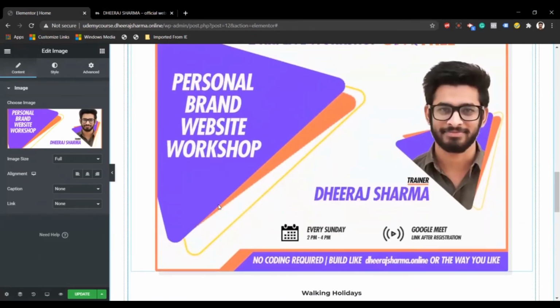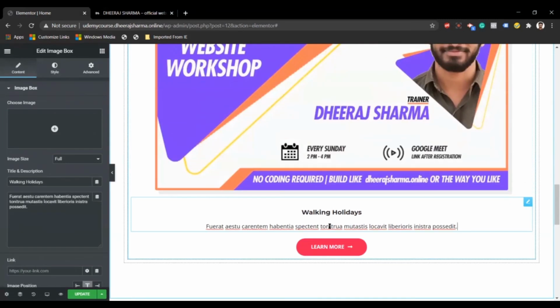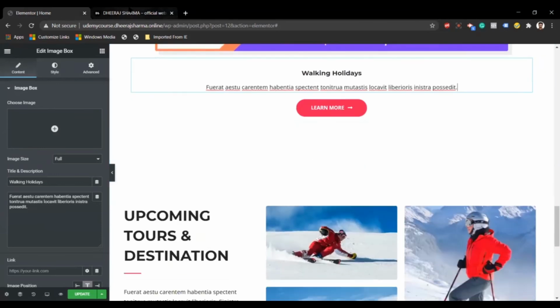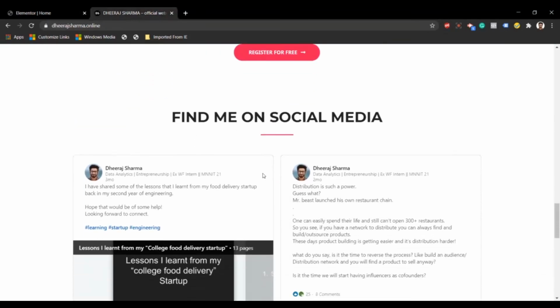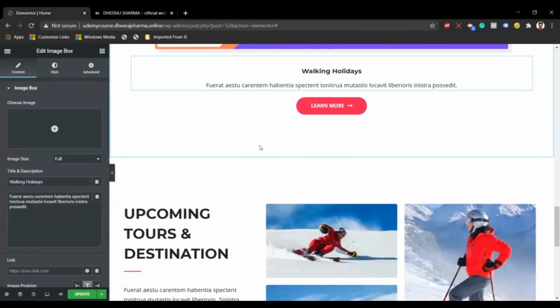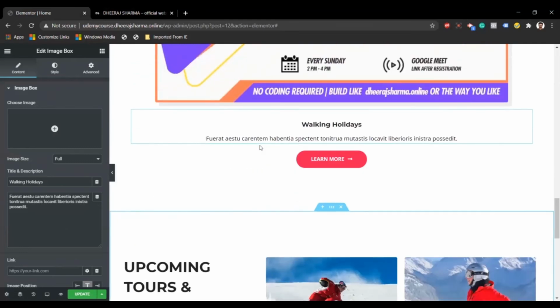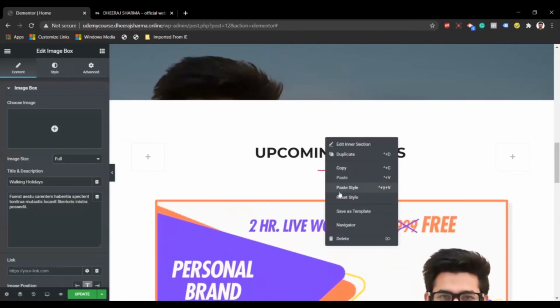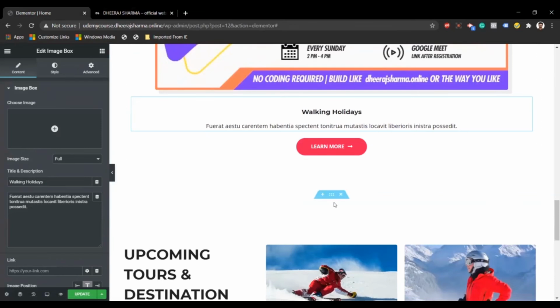Okay, I have inserted my image here, and I can change this text very easily like I have shown you earlier, and customize this button according to our needs. So we are done with this part, upcoming events, and now we will come to the find me on social media section. Okay, to have this section, what we can do is we can simply copy this inner section,